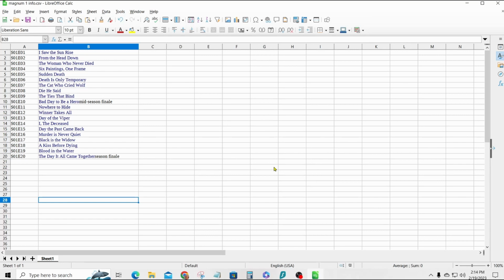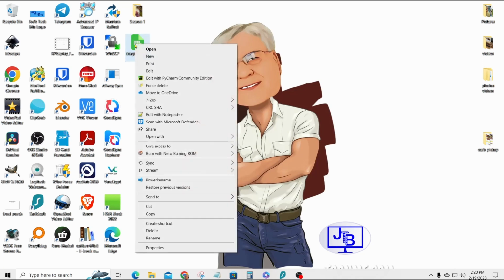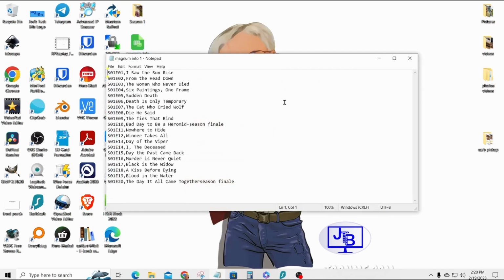Now we should have a file with that information in it. I saved the CSV file over to my desktop. Here it is, Magnum Info 1. And if I right-click on it, I can go down to Open With and open it with Notepad. And you can see now all the formatting was taken out when I saved it and opened it in Notepad, so that we can easily